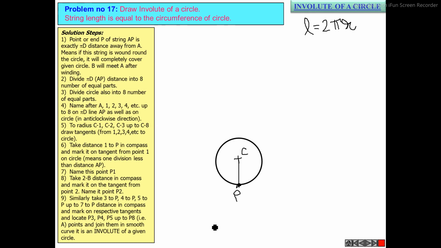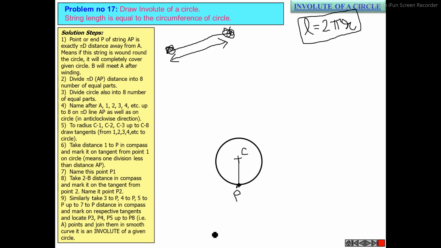Yes. For which case am I drawing the involute? For this case, L is equal to 2 pi r. So when L is equal to 2 pi r, the starting locus point of your involute is exactly point P. Yes or no? Say suppose this is the thread length which I want to wrap on this circle, and this length is equal to 2 pi r. Then either this point or this point, any one of the points, is this the point P? Yes or no?